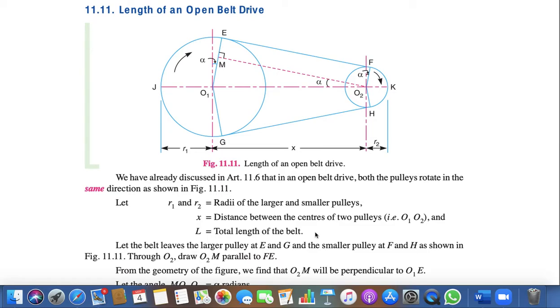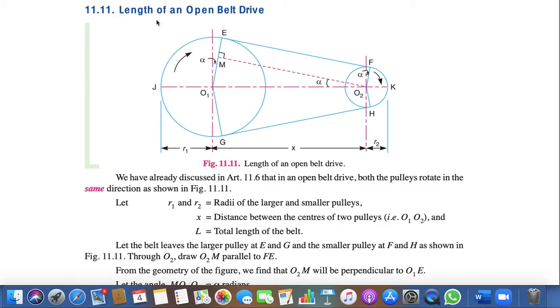And my students, as in the last session we have studied the designing of belt drive, what are the basics and what are the specifications of these belt drives. Today we will talk about the length of an open belt drive and how you can calculate the length of